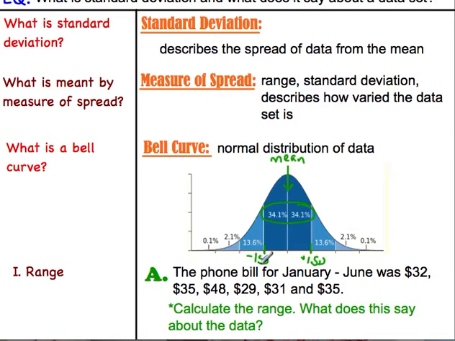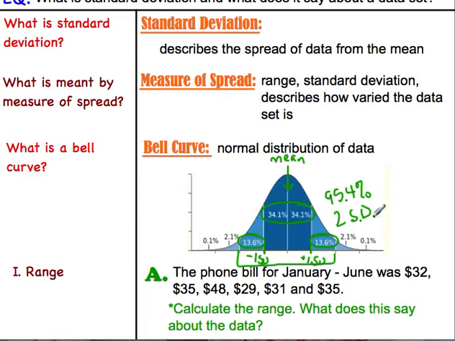Then we've got another set of lines right here, and we've got these 13.6%. If you take that 27.2% and add it to our 68.2, this says that 95.4% fall within two standard deviations of the norm, or of the average or the mean,